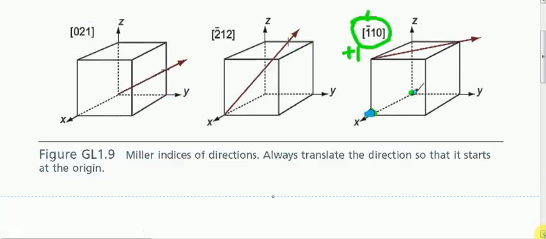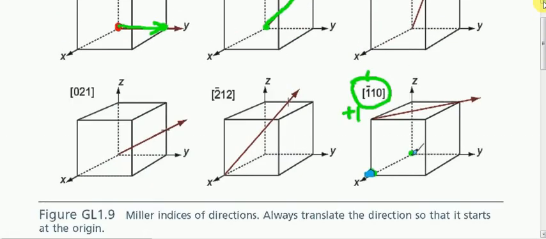Now in the same way, what is for this one? You can see that there is nothing along the x-axis. So 0 for A. For B it is 1, and for C it is 0.5. So 0, 1, 0.5. In order to make it a whole number, we multiplied, so 0, 1, 0.5 can be written as 0, 2, 1. That is why it became 0, 2, 1. Now the next one.